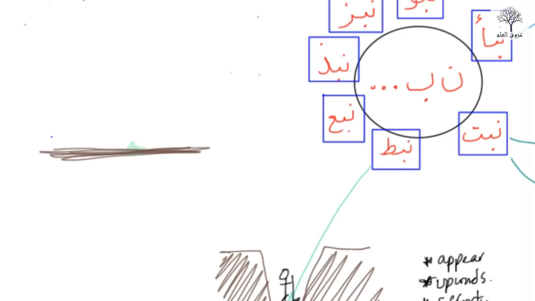So you can already understand water coming up with an effort, nabata. Water coming up without an effort, this is naba'a. What this kind of meaning it gives is softness. There's softness there as opposed to nabata. There's actually some ease there as well, as opposed to three guys digging in a well. And there's also, it comes up as well, which is also found in nabata, to come up. Okay, so you've got these meanings over here. So this is a spring, what we call a spring. So the water that comes up, that's called naba'. In Arabic, the naba', you call it.